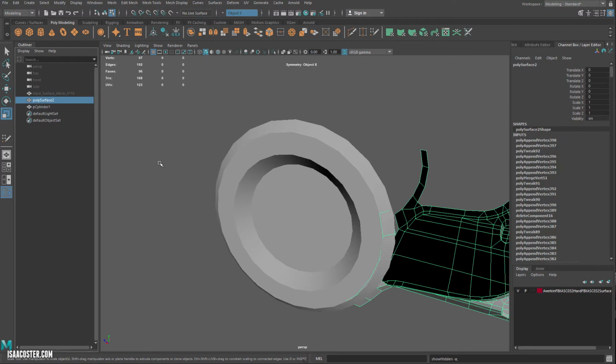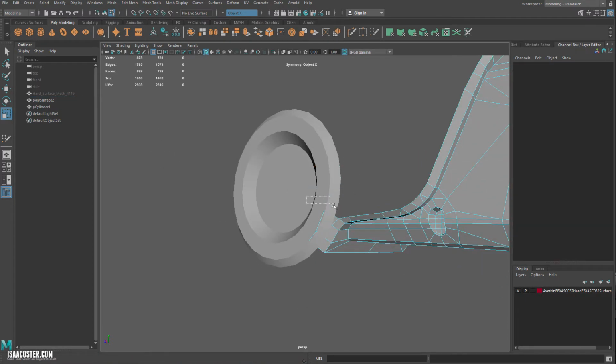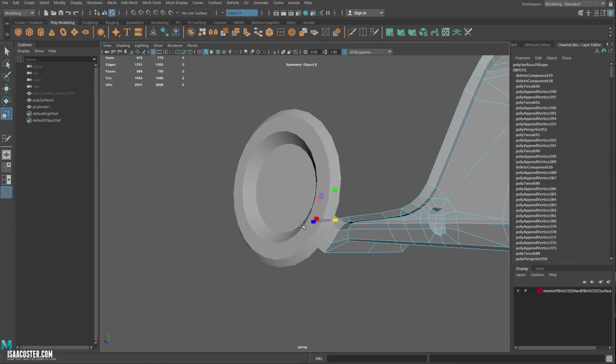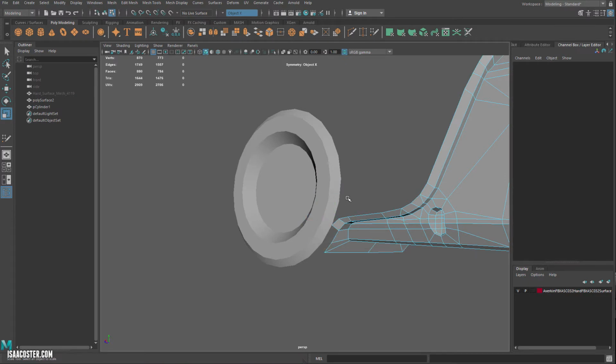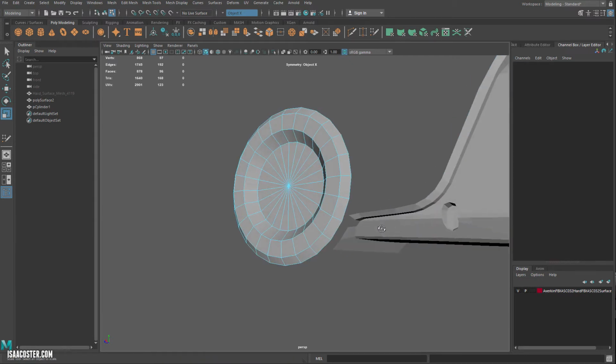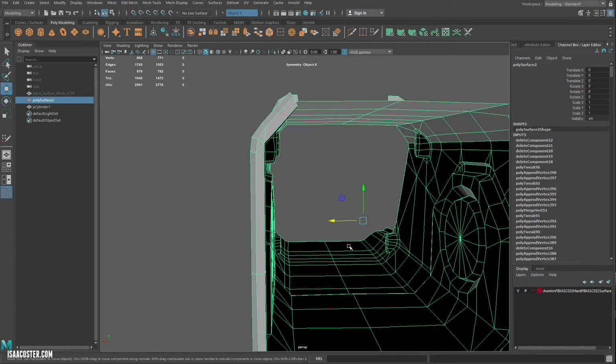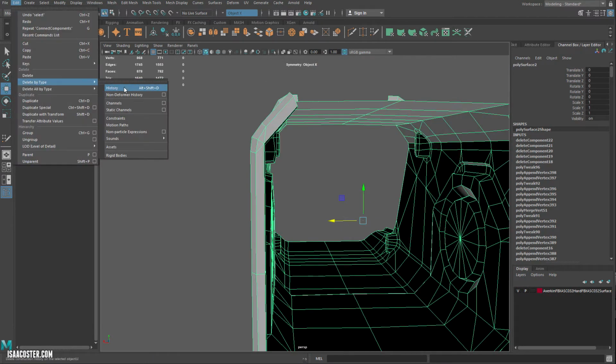Well, okay, so here's our retop. I'm going to go ahead and just delete all of these faces, because we're going to want to basically integrate these two things here. So this pivot right there in the middle, which is where we want it, I'm going to go ahead and clean it up. So delete the history,